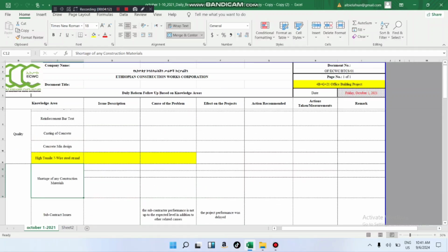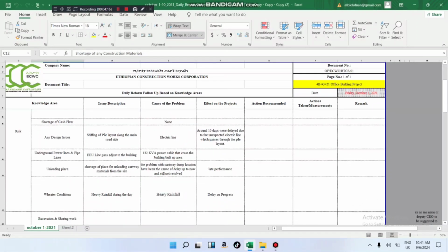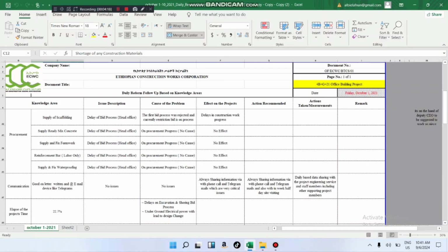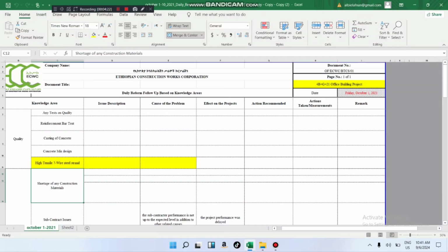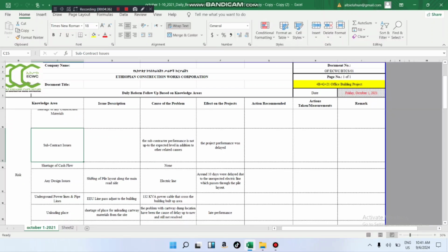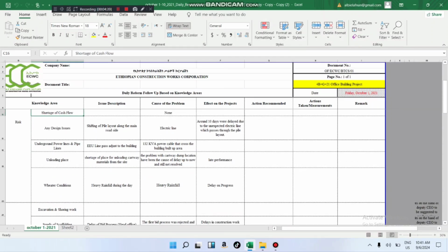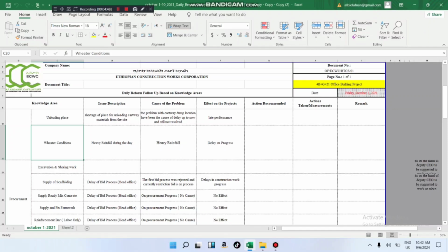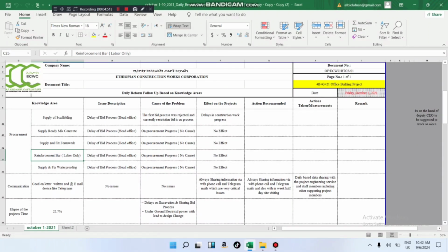And then you write what the work is, what any design issues are, what the problem name is. If it's in quality, like the quality testing of reinforcement bar, casting concrete, and if there are some risks like shortage of construction material, subcontract, shortage of cash flow, any design issues, underground lines and pipelines, unloading place, water conditions, anyhow, supply, procurements,